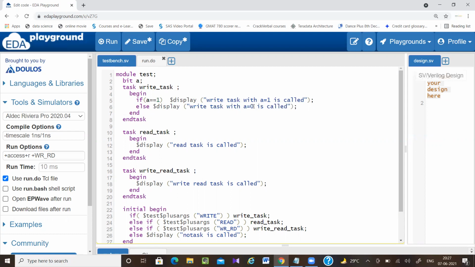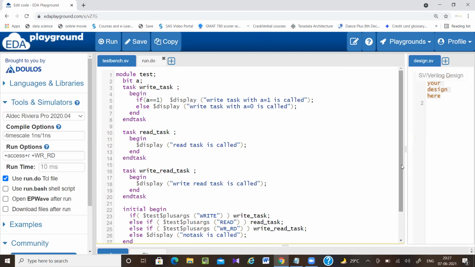So at the same time, through the simulation command, if a equal to 1, then some piece of code you want to run. If a equal to 0, then another piece of code you want to run. That means you want to pass some values.